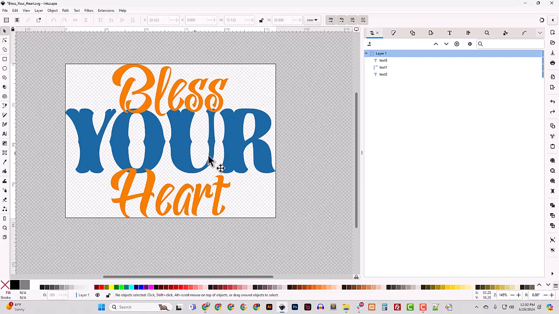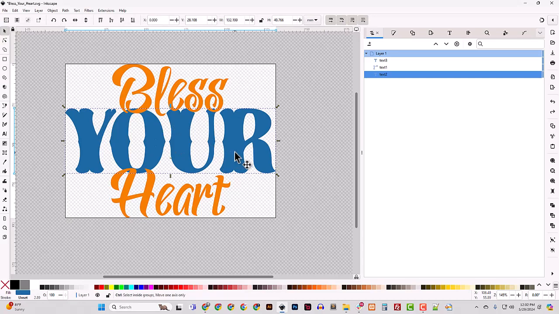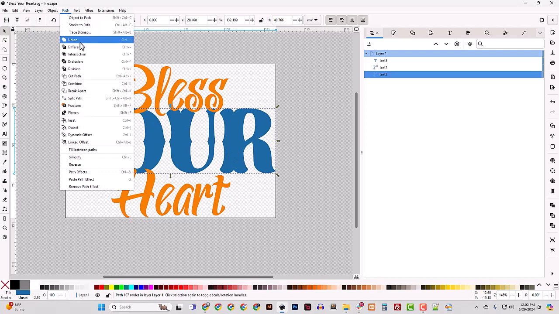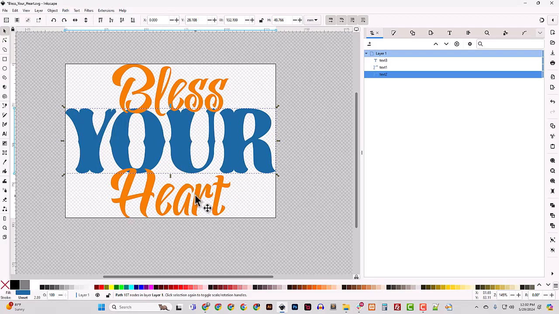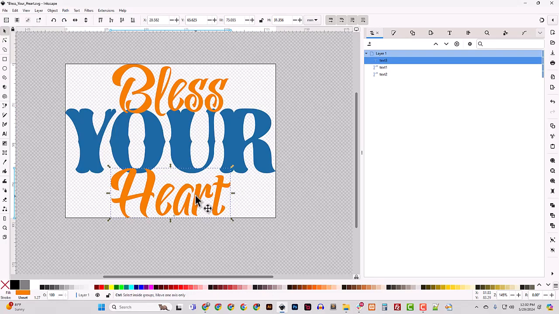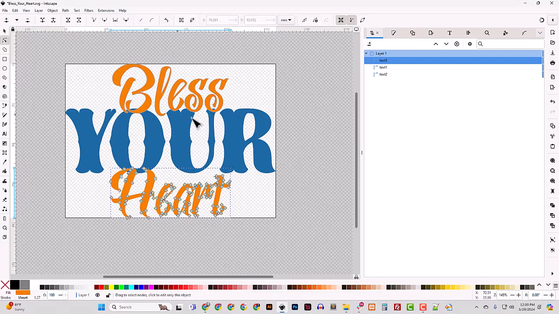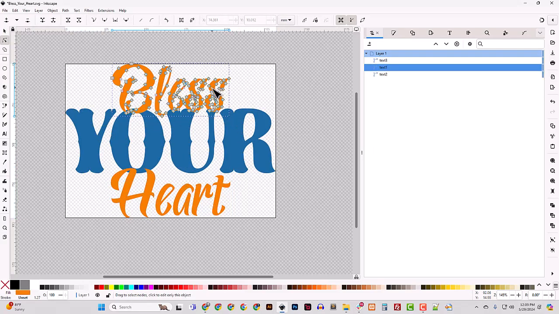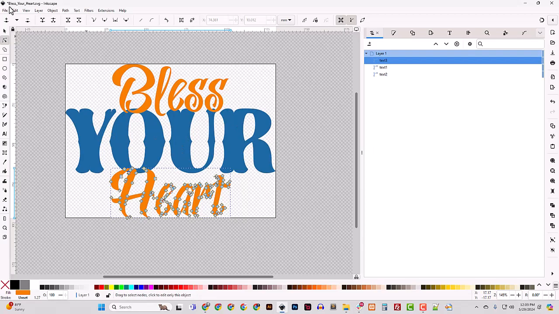Another quick way to do it on your keyboard is just do Control K. And Control K, I believe that is the combine tool for paths. So that's how you can combine several paths into one. And it's just the shortcut that I use to make the stroke or the object go to path. It looks like Shift Control C is the actual correct one. So I'm just going to hit Control K on this one as well. And then I can check with my node tool. I've got nodes, they're paths. And now if I save,